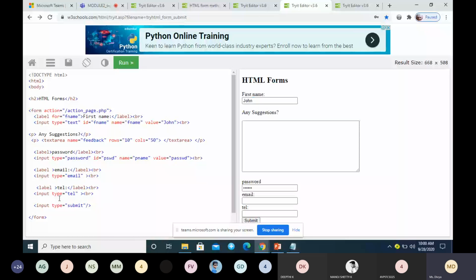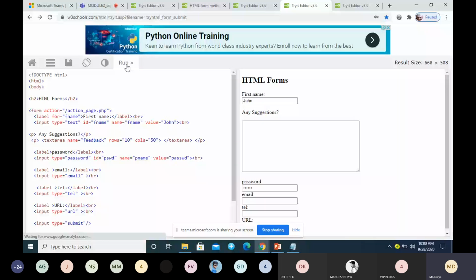The last text input control is URL. This is for entering the URL. So type is URL. Very easy to remember, especially in the exam.